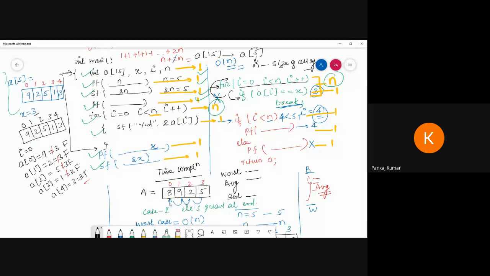So this is for visualization. Here I am writing the visualization concept. How will this search happen? Okay. So please go through that and please write this code.